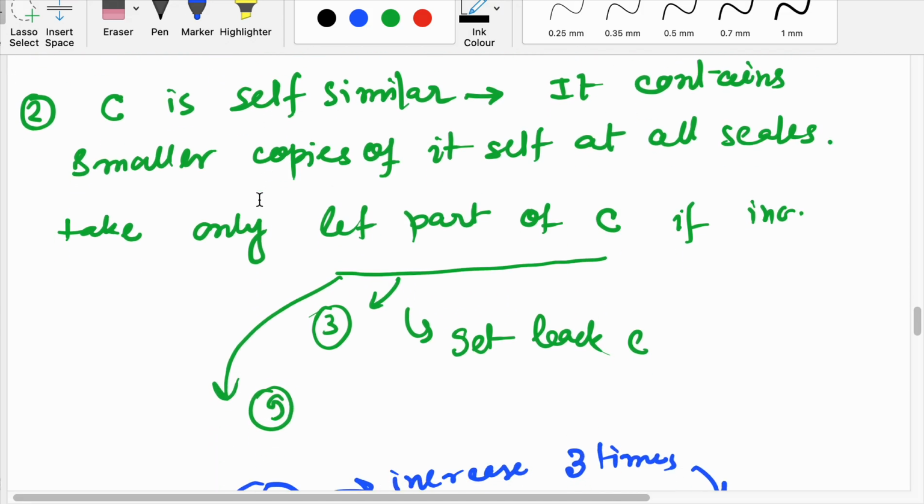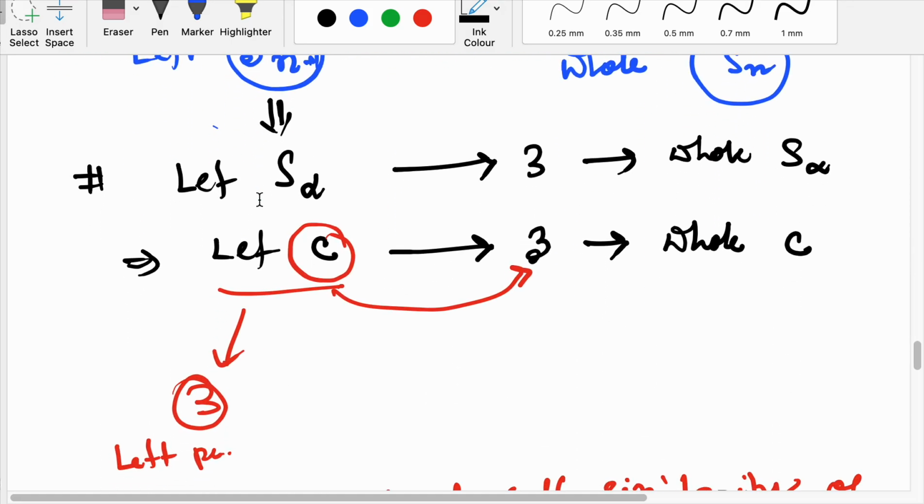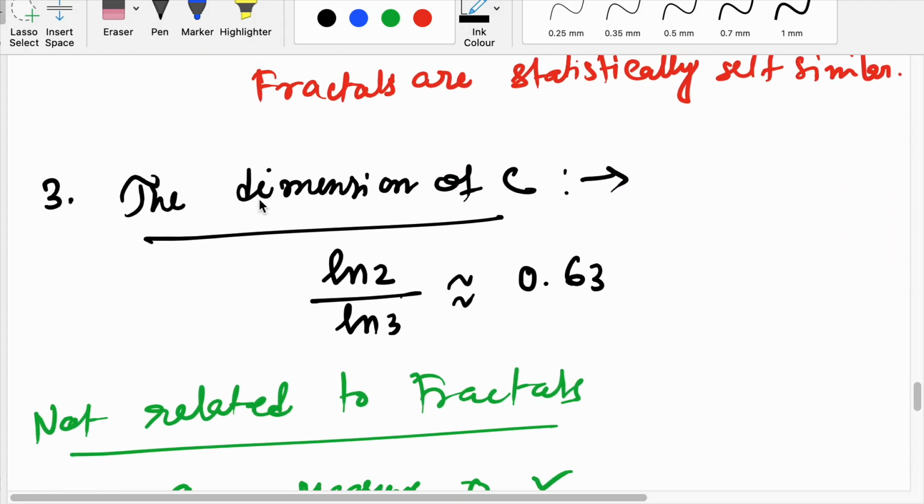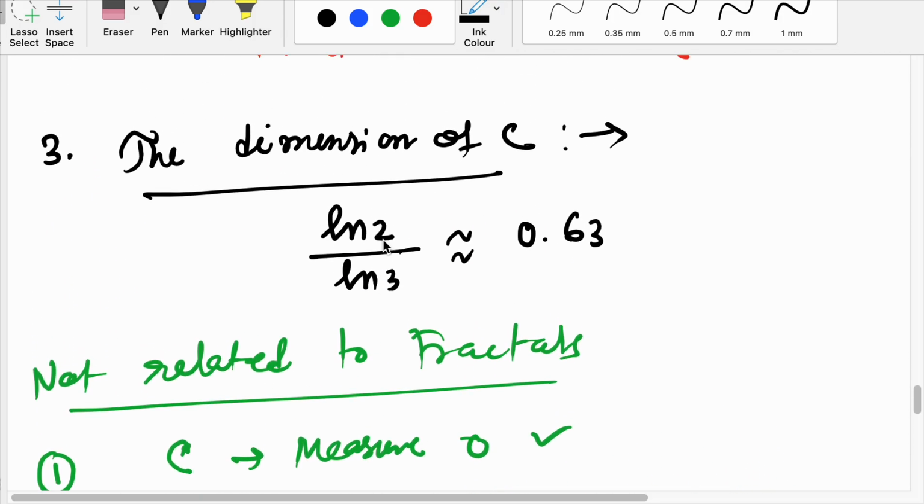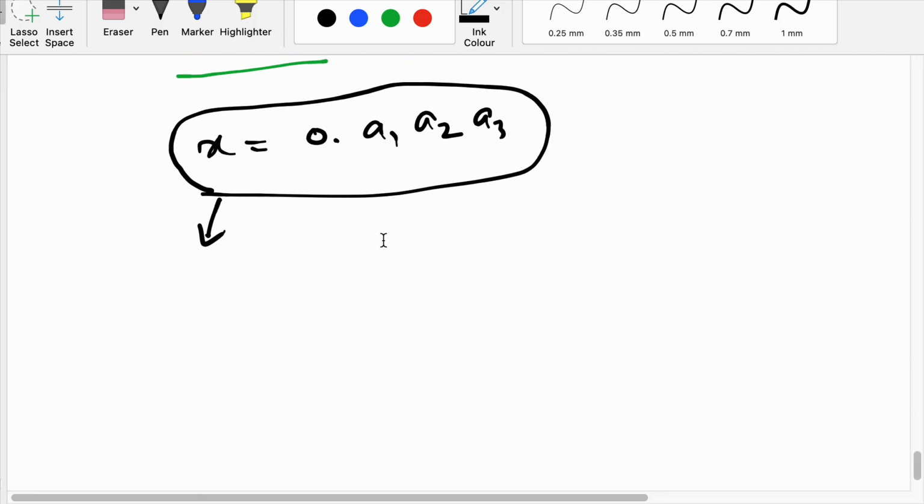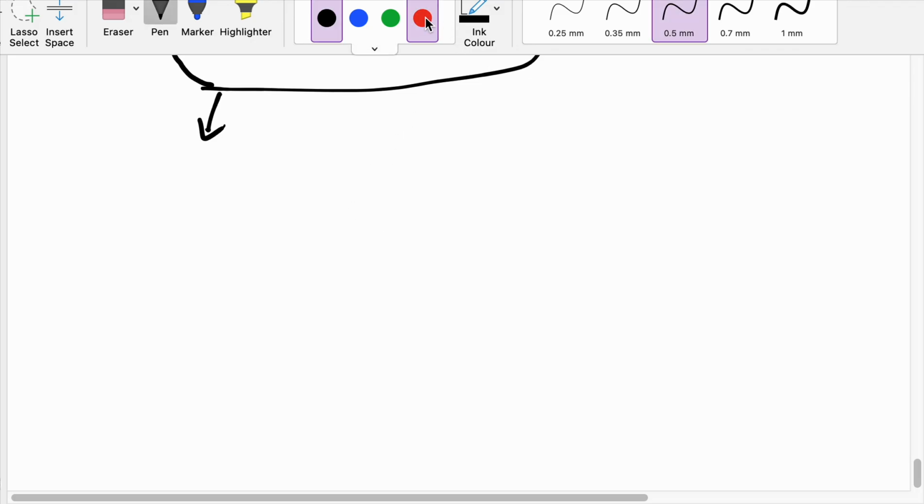And the third is that the dimension of these fractals is in general not an integer, it is actually a fractional number, so that's why it is called fractal. Now we want to actually measure this dimension. So we have known the definition of fractals in this class, and now what we want to do is